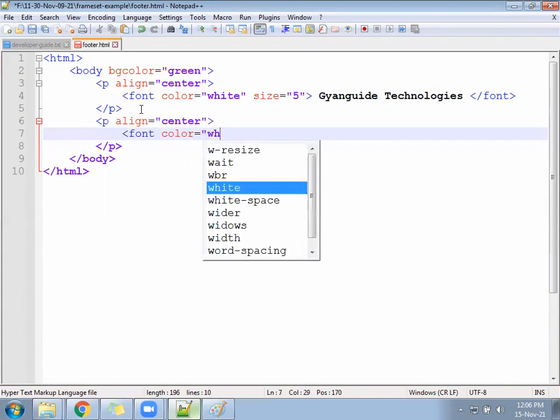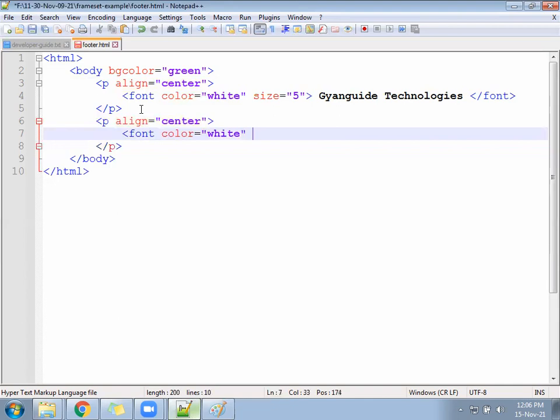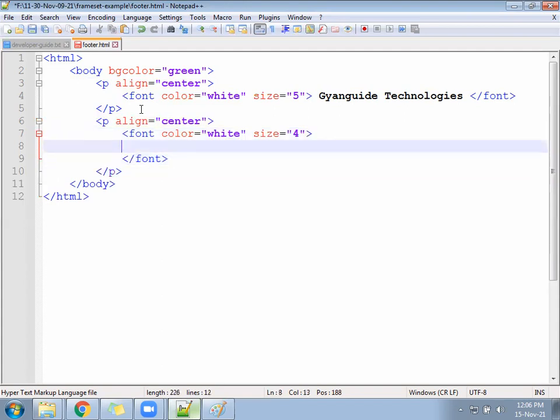Keep color white only, and keep the size a little small, for example 4. And inside the font, some numbers can be written.